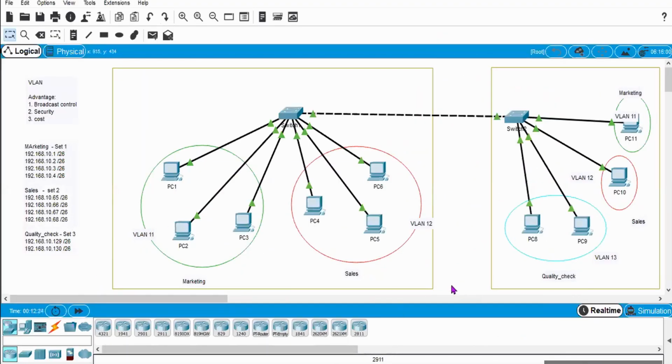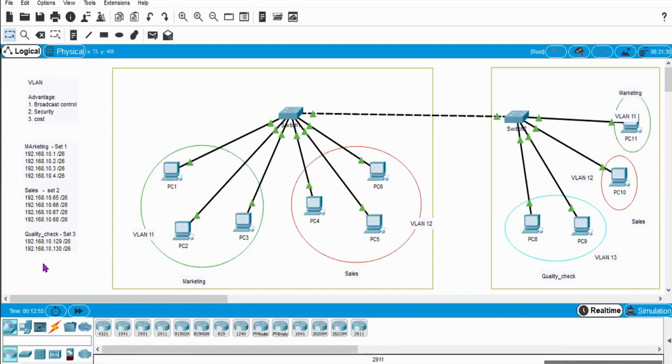Okay, so now what we have done is we have assigned IP addresses from the 192.168.10.0 network address, but virtually we have divided our network into four clusters. One cluster is there for the marketing department, another for the sales department, and the third for the quality check department. Whatever we did in the previous lab, that we don't want any communication between marketing, sales, and quality check department, we can do the same thing here also.